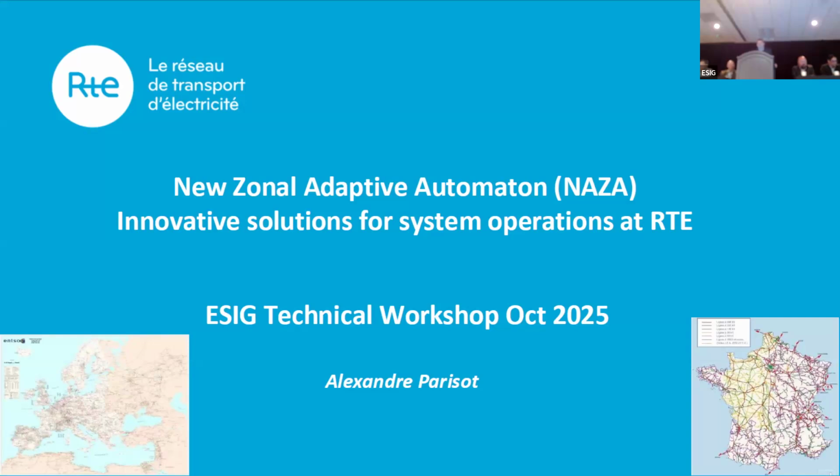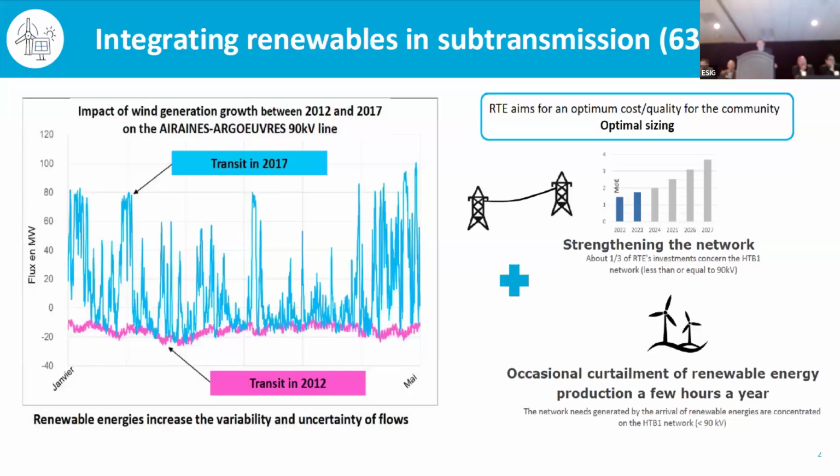the different responsibilities. Here, what I want to do is illustrate some new innovative solutions architecture to deal with increased complexity in the control room in a very specific situation. But this is going to give you some idea about how we think about it and how it is actually deployed in practice. The starting point here is integrating a high level of renewables in sub-transmission. In France, that will be 63 and 90 kV.